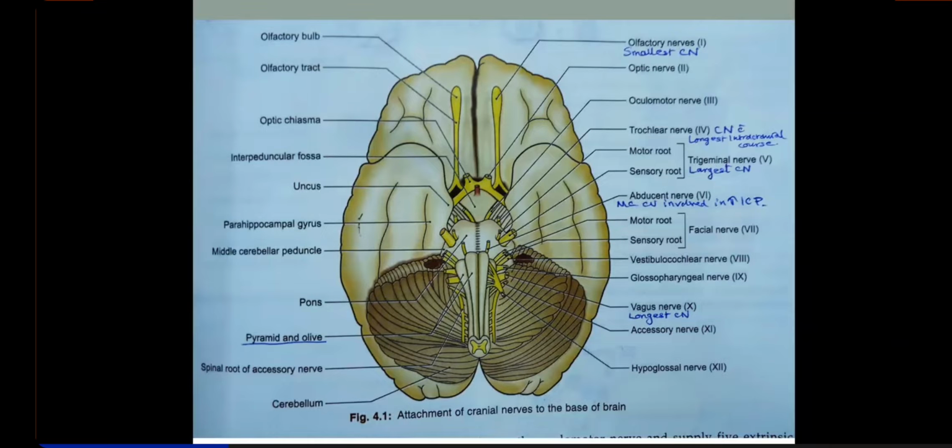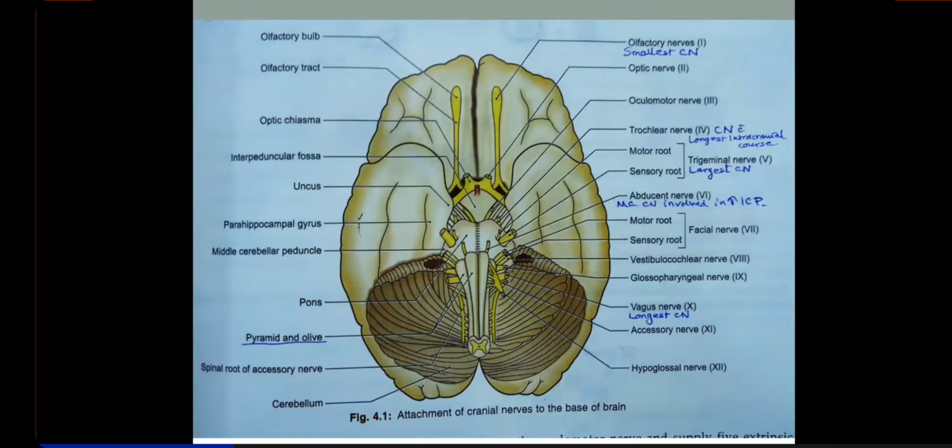And remember, M for motor, M for medial. So the motor nucleus of trigeminal nerve, the motor division of trigeminal nerve, will be emerging medial to the sensory trunk of the trigeminal nerve. So together the two trunks of trigeminal nerve emerge from the basal or the ventral portion of the pons at its upper part.